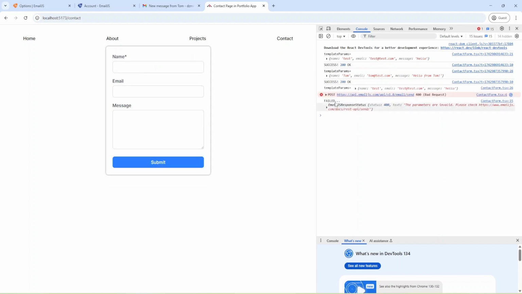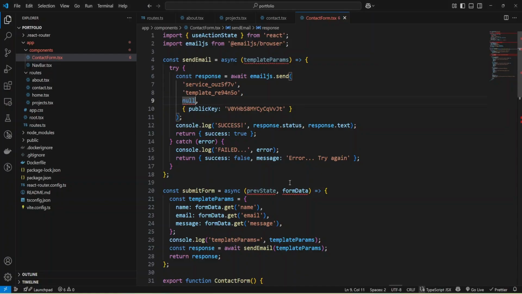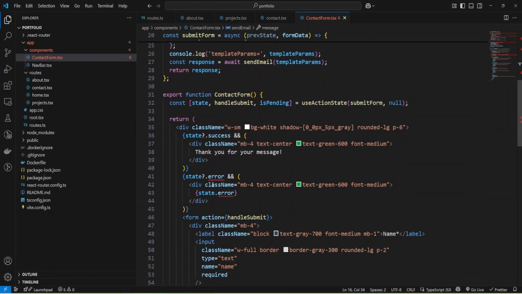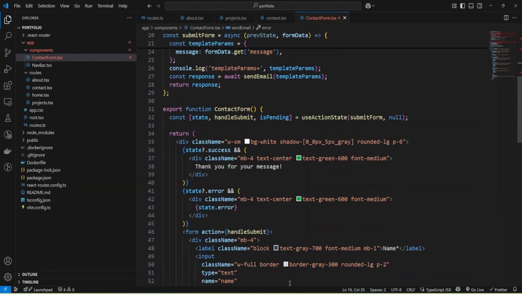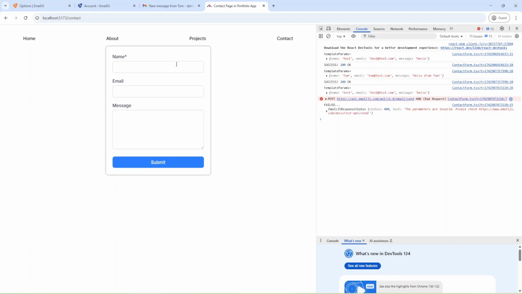Let's wait, and as you can see we have failed, but we don't have error here, and let's check, and that's because I provided message and checked error. Okay, and let's try again. I'm going to provide some values, test at test.com, and message hello, and submit.